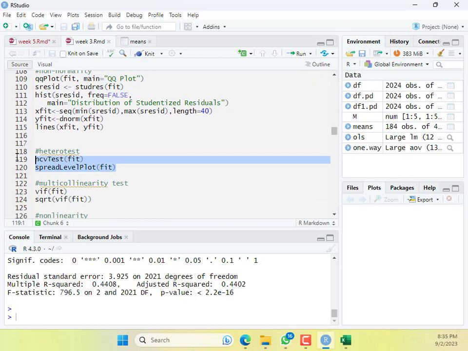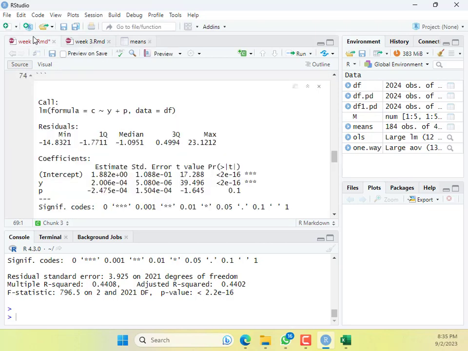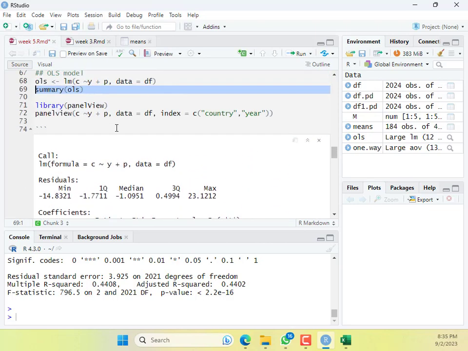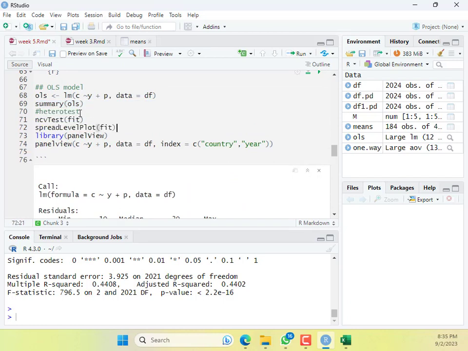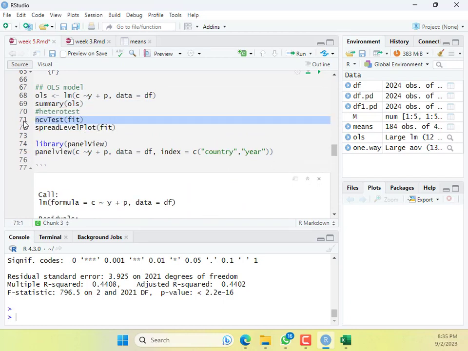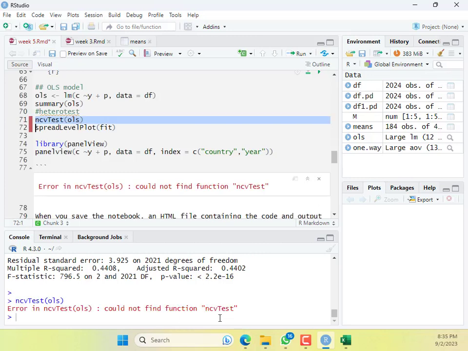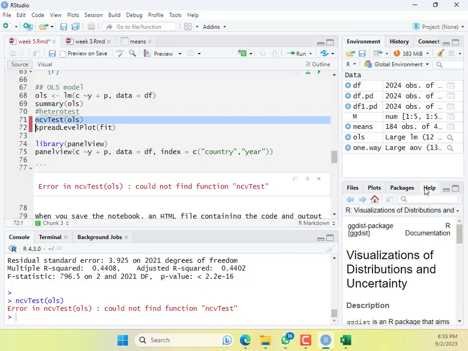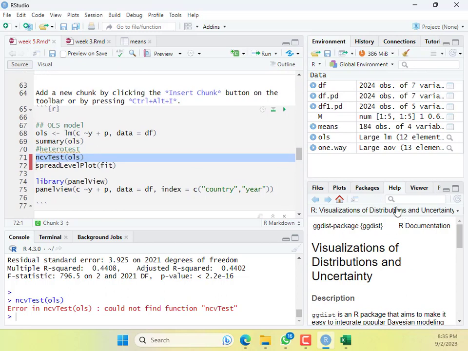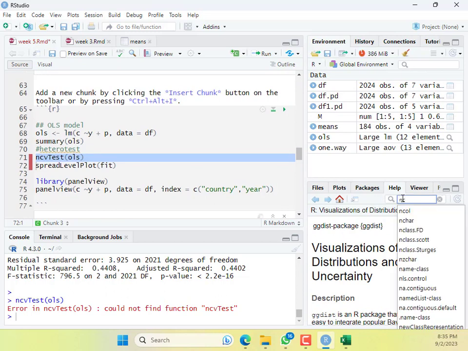Heterotest. This is the command. So I will pick it up and bring it into this window and add heterotest here. First of all, it will have to change the command to OLS, and I will run it. It says NCV test is not available. So let's suppose I don't know how to find it. As an example, I will go to the help. Let me make it bigger. I'll come here in the help and write NCV